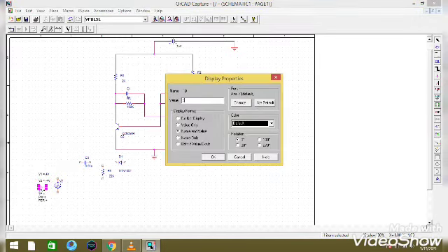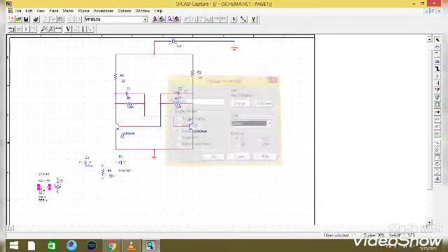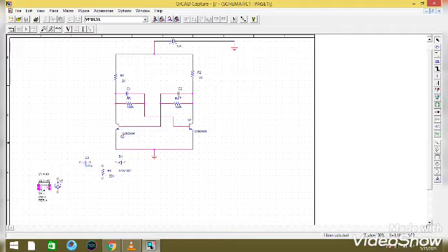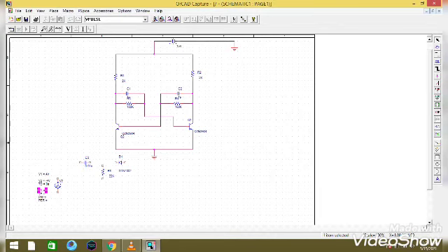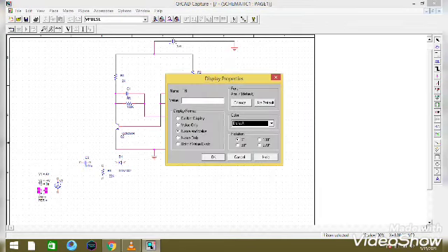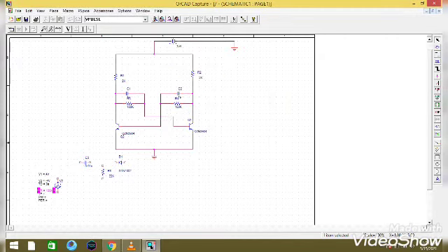Next one is TD. TD is the time delay. I am giving it as 0. Respectively, I am giving the values for the TR, PW and PER and clicking OK.